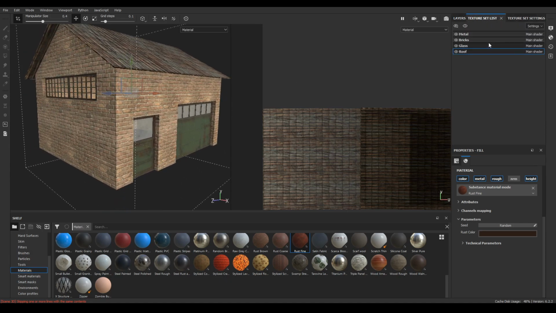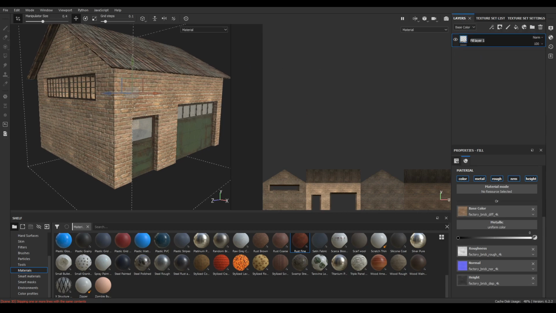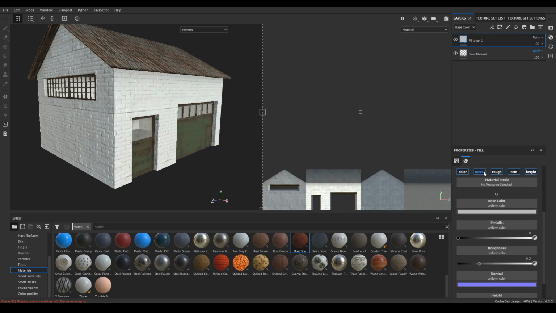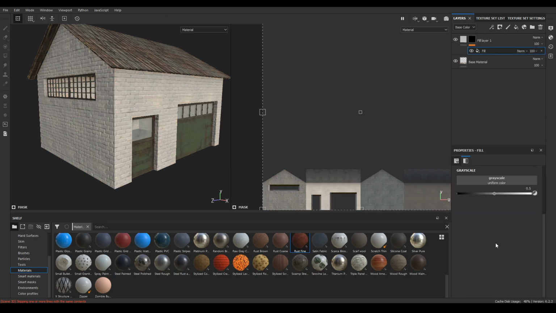Now go back to your texture set list and select this bricks. Go back to layer and change the fill layer as your base material. Now take a new fill layer and disable the metal normal and height. Increase the roughness to 1. Take a new black mask and a fill. In this fill search for dirt.